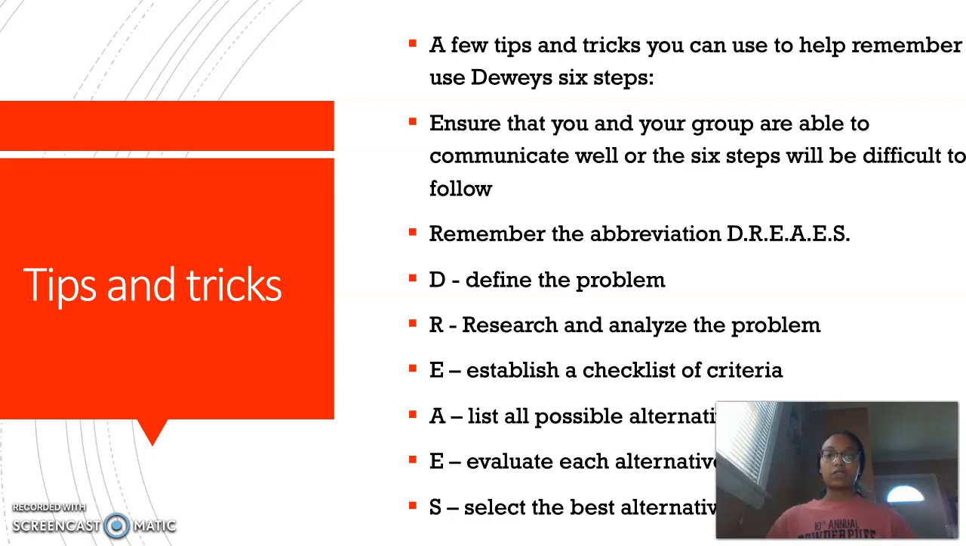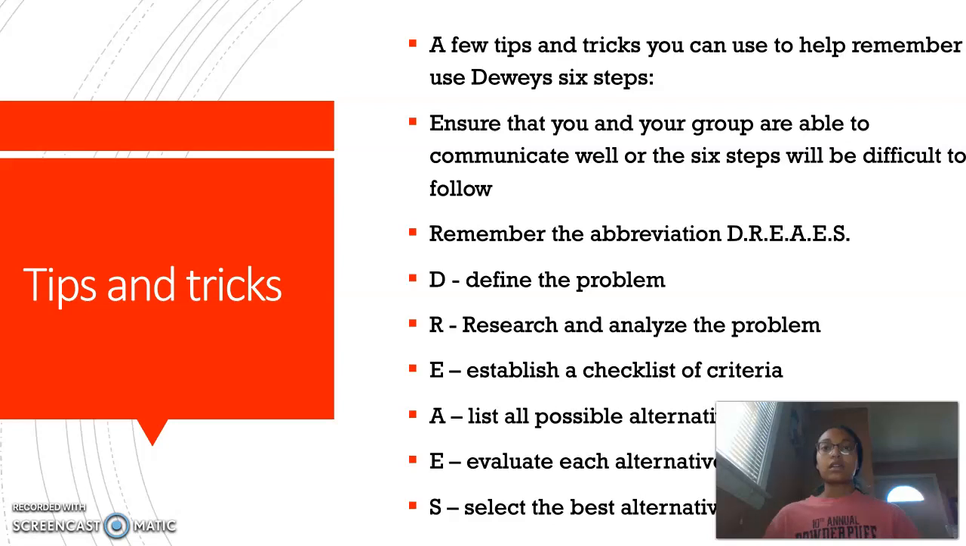A few tips and tricks you can use to help you remember Dewey's 6 steps are: ensure that you and your group are able to communicate well, or the 6 steps will be very difficult to follow. If your group can't get along and everybody's arguing with each other, or you have 2 people in your group who know each other really well and are constantly bickering or talking, and the rest of the group is just kind of neutral, it's probably not going to balance out well. Just make sure that everybody can get along the best they can, and there shouldn't be any issues using the